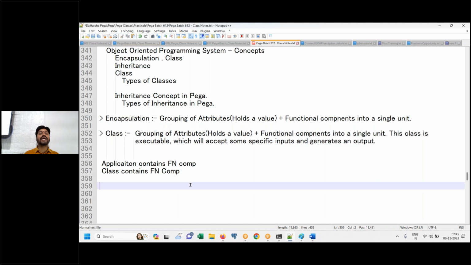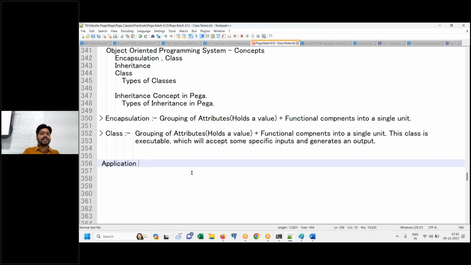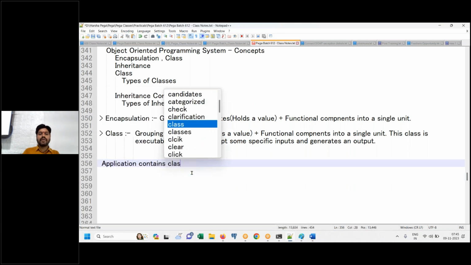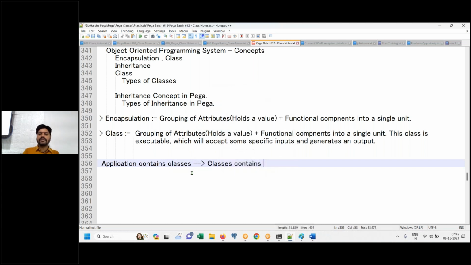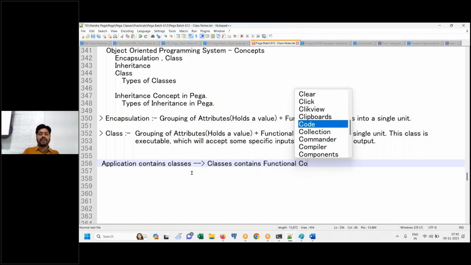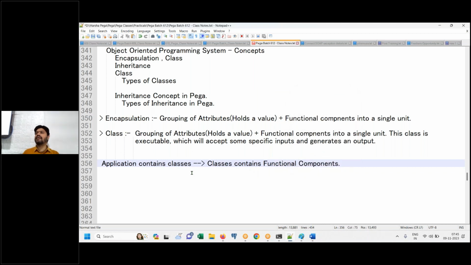So application contains one or more classes. Classes contain one or more functional components. Which means indirectly functional components are there inside application only.